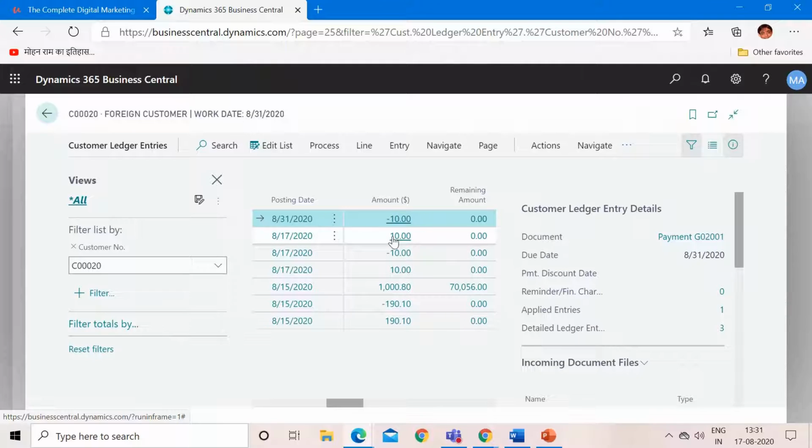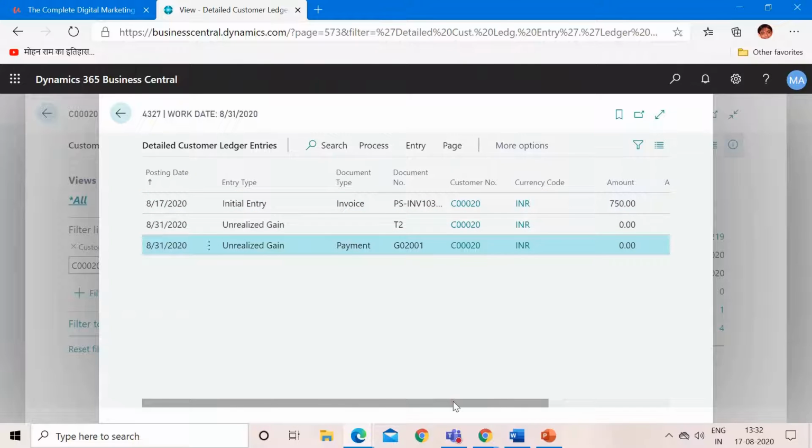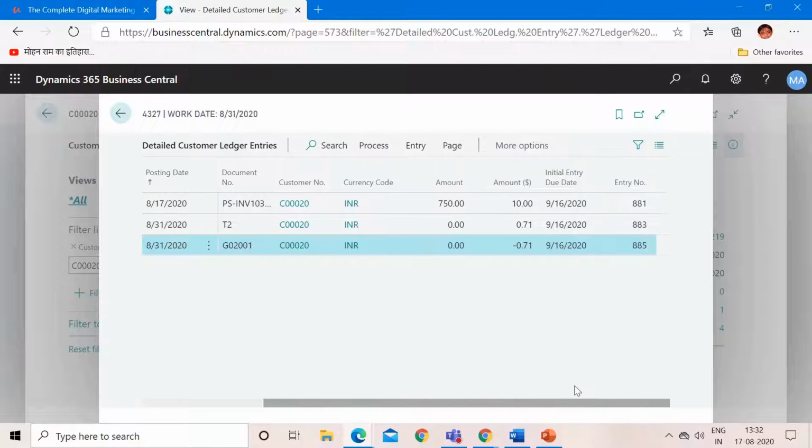Okay, so when we run the batch, system first created one unrealized gain entry, but at the time of payment, system actually reversed the unrealized gain entry. So from 0.71, which is on the positive side, system reversed that unrealized gain entry and put a minus sign here.